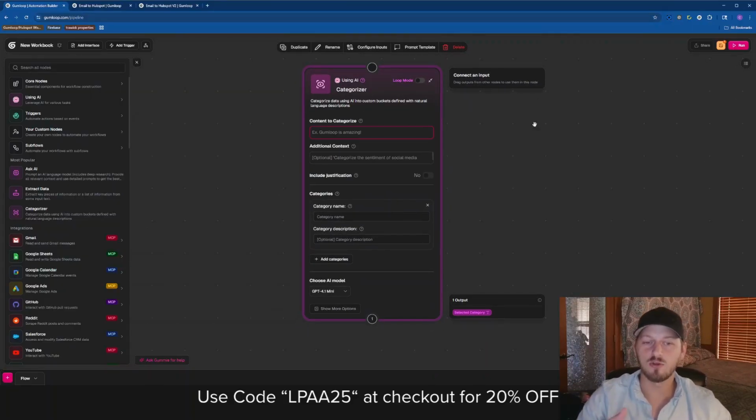The content to categorize, this is where your text input is going to go. You can hook it up to anything, but it's the text you want categorized. Additional content can be where this was coming from, what this is, all different sorts of stuff, or any instructions about how you want to categorize this. It's just extra data that the AI is going to use to help categorize